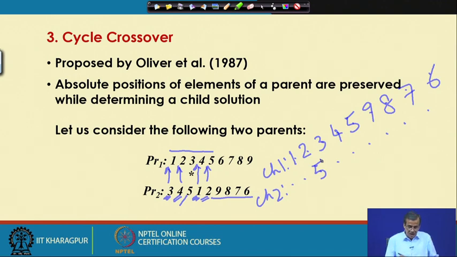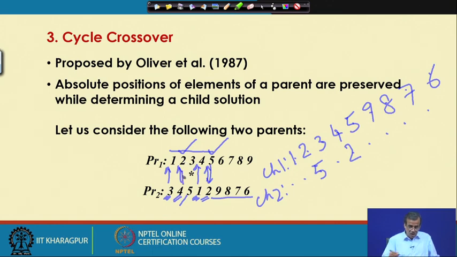Once I have selected city 5, I will try to find out the position of city 5 on parent 1. So, this is the position of city 5 on parent 1, and at this particular position its corresponding city is city 2. So, what I do is the fifth position, 1, 2, 3, 4, 5. So, at the fifth position I am going to put 2. Now, once I have selected 2, I try to find out the location of city 2 on parent 1. This is the second position, and at the second position the corresponding city lying on